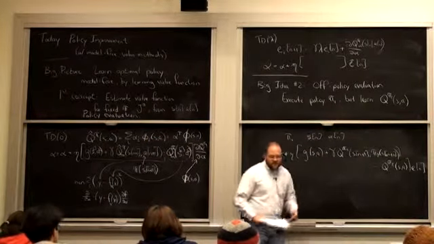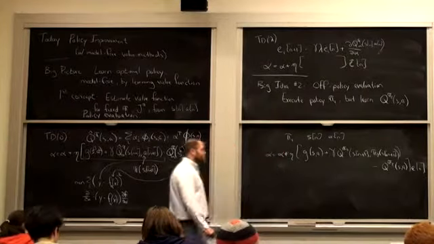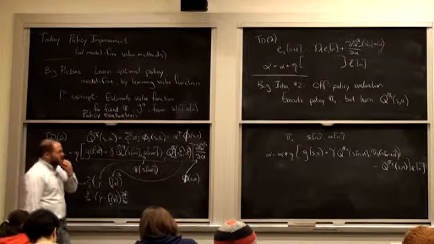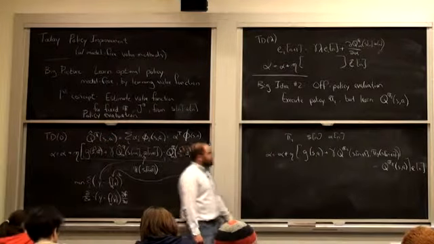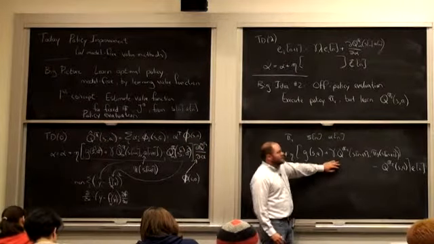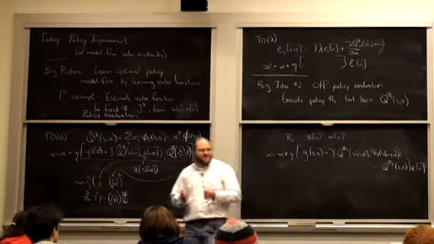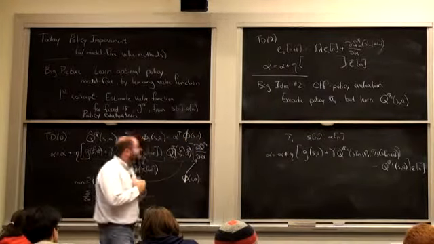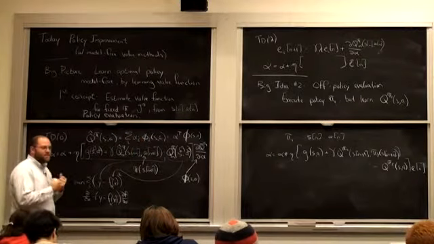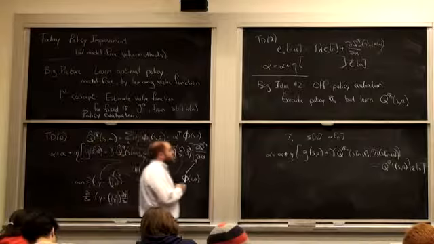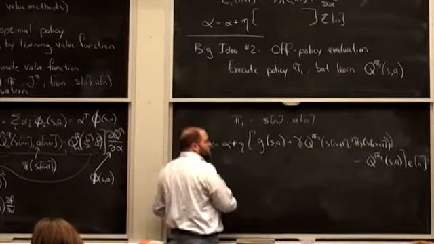Again, I'm asking the questions in bizarre ways, and there's a specific answer, but I don't know a better way to ask that question. Our ultimate goal is not to learn about some arbitrary pi 2. I want to learn about the optimal policy, right? I don't have the optimal policy, but I have an estimate of it. So actually a perfectly reasonable update to do,